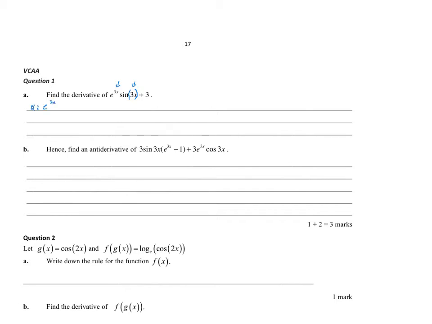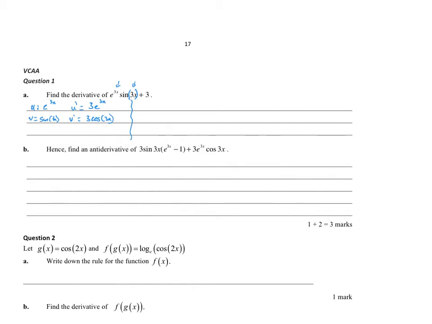u equals e to the 3x, v equals sine 3x plus 3. In fact, I'm going to just make it sine 3x, because that 3 is a constant and we want it to disappear as quick as we can. So u dashed, what's the derivative of e to the 3x? It's just 3e to the 3x. v dashed, the derivative of sine 3x. The derivative of sine is positive, so it's 3 cos